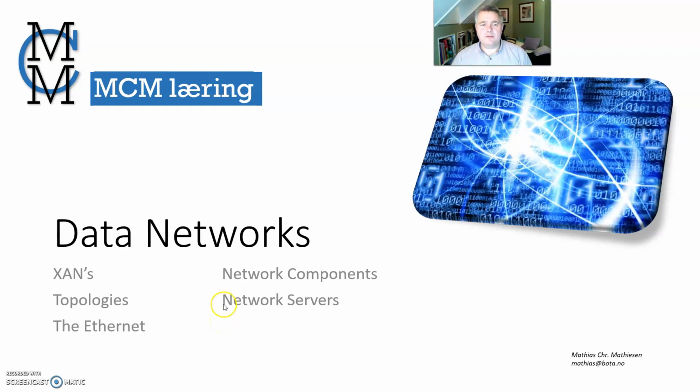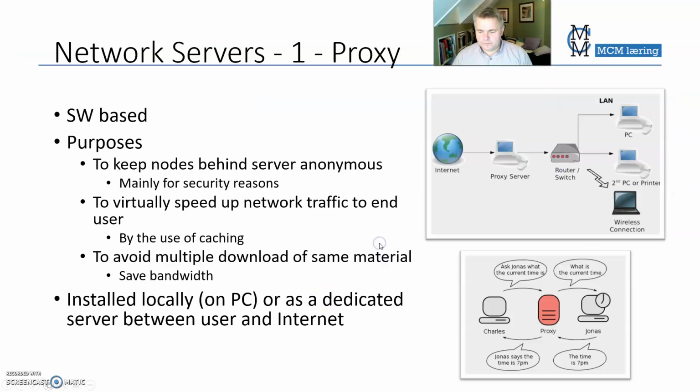Film number 5 on data networks is about 2 important network servers that you will find, and also a short intro to addressing in TCP/IP based networks. First of all, the first server that you will find is a proxy server. A proxy server